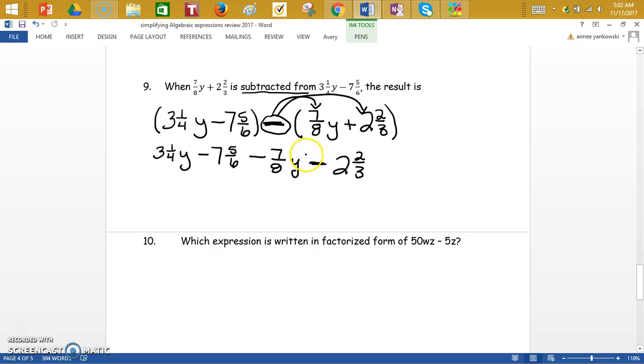So minus a positive becomes a negative. Minus a positive, we write as a minus. Double sign to a single sign. Now we've got to combine like terms, and they involve fractions. Oh my goodness. Okay, let's take a look at this. For some students, they like to change everything to